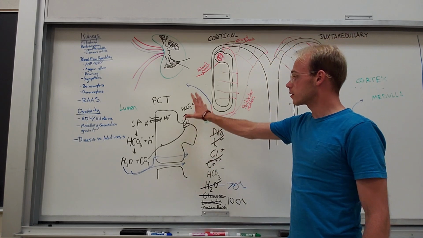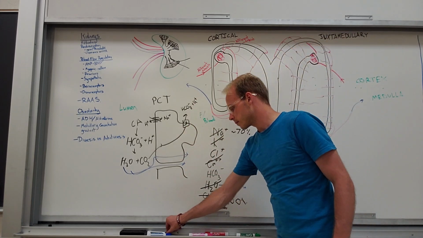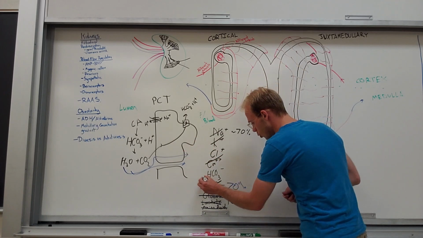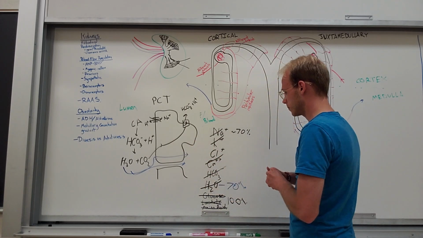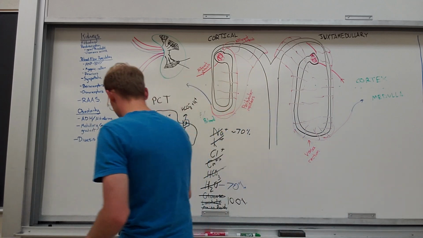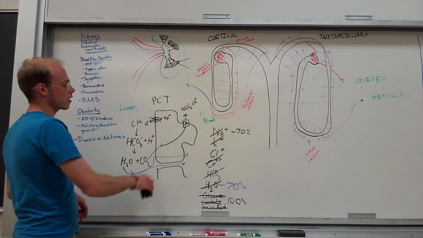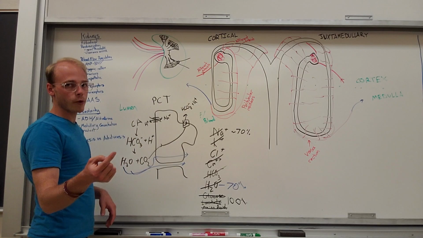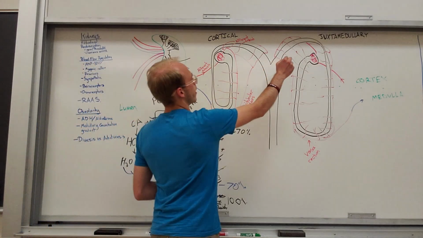Okay, so that's how bicarbonate is buffered. Very cool. Great. And that's most of the things that happen within the proximal convoluted tubule. Really, really important thing. Later on, we're going to talk about how